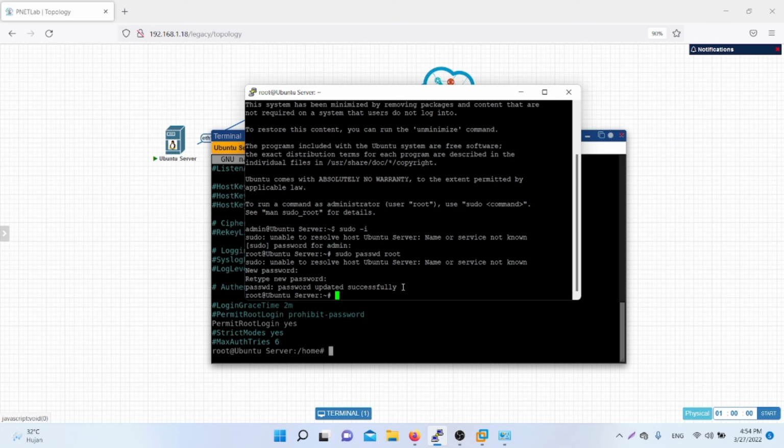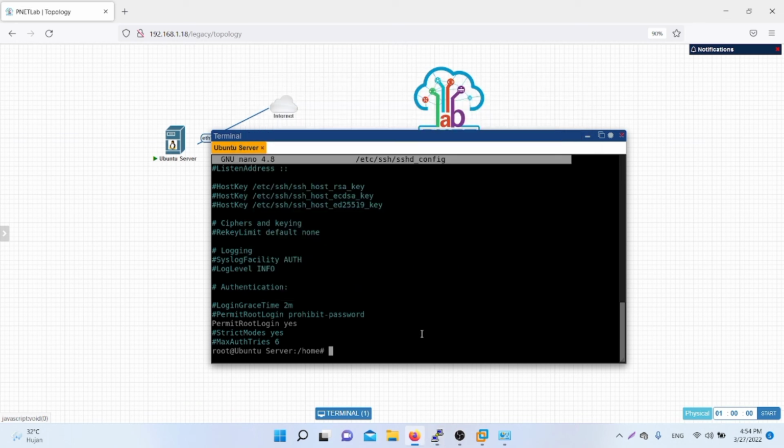After that, we must write /etc/init.d/ssh restart in Ubuntu server.